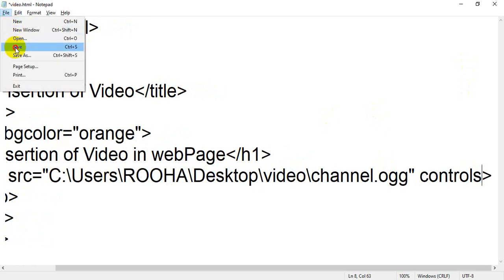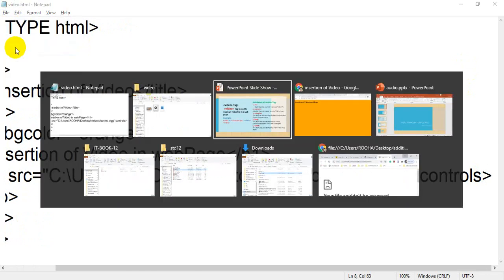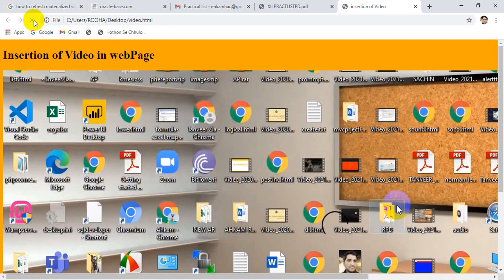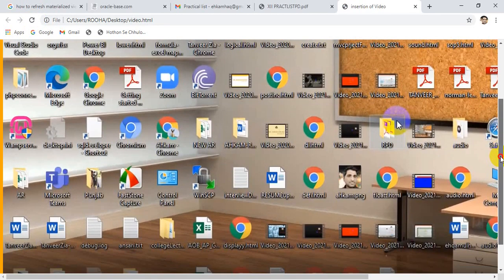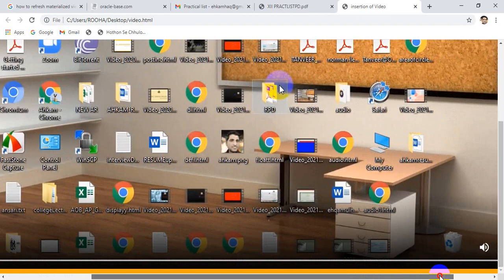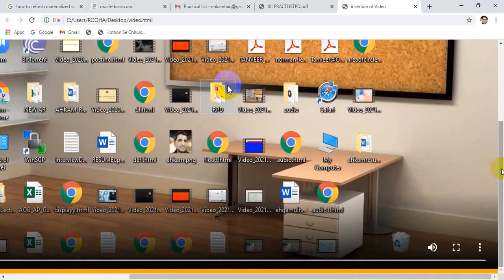Let me save it and flip back to the browser where you want to open your file. Now you can notice that your video file is playing. Okay students, this is your video file.